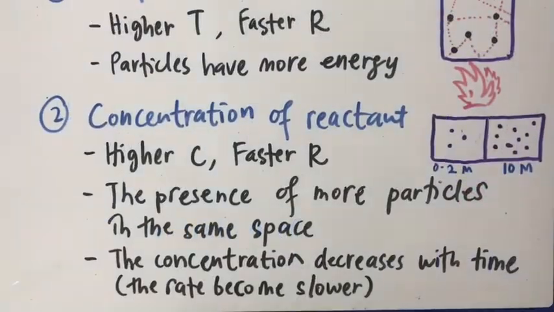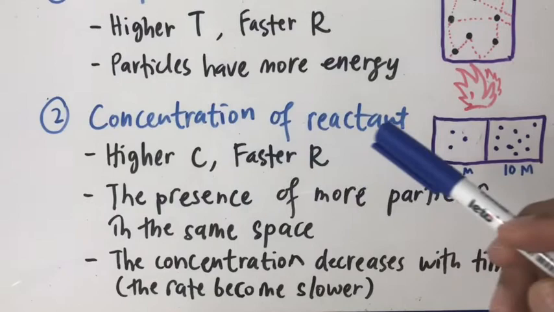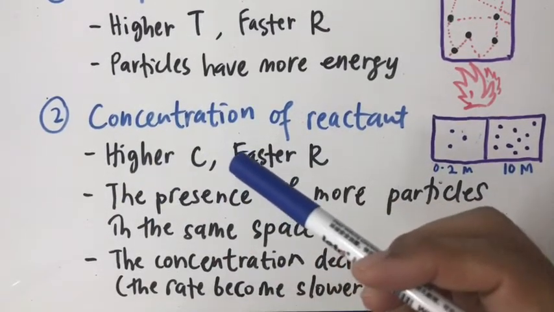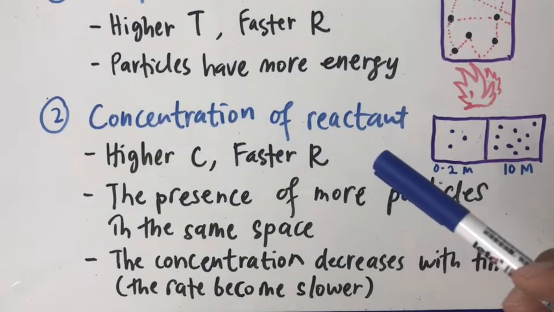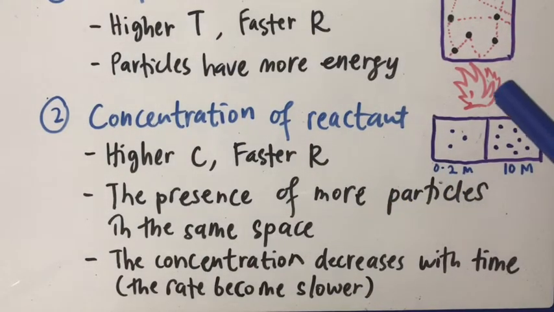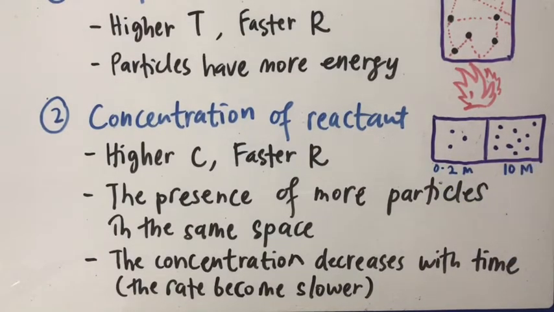Next, the second factor that can affect the rate of reactions is the concentration of reactants. At higher concentration of dissolved reactants, resulting in a faster rate of reactions. Let's say when we compare between two systems with the same amount of space but different in concentration, which is 0.2 molar and 10 molar, at higher concentration, which is the 10 molar, we'll have a more frequent collisions among